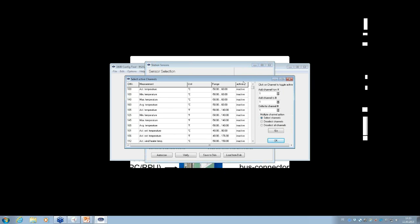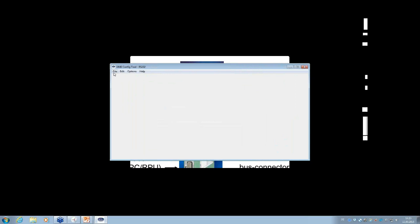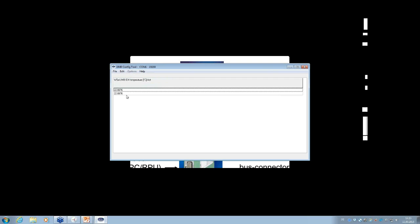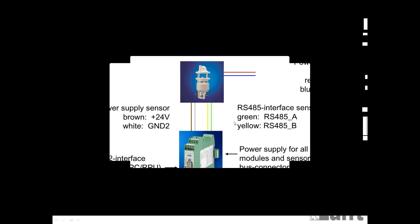Then you can activate the channels you want to see, for example, temperature, and you click on inactive, and then it will be active, it's green. Then you can click on OK, save and exit, and you can start the measurement, and then you will see the actual value in the temperature, for example. Of course, you can add more. It's only an example here from my side. I don't want to show you now the UMB config tool. I only wanted to show you how the menu looks for the WS700, which is nothing special. Okay, so I will stop the